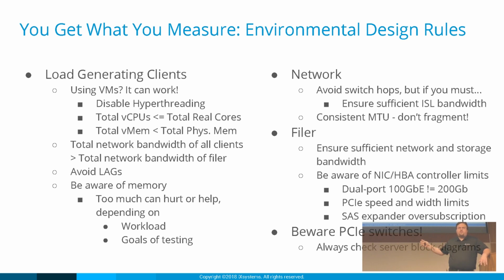And we're going to go into more of this. This is mostly for your reference. Some really big things, obviously consistent MTU. If you're going to use jumbo frames, make sure it's throughout your whole network and all your clients and switches, especially your virtual switches if you're in a virtual environment. You don't want fragmentation. And the other thing to keep in mind is, of course, there are a lot of limits in a system. And we're going to look at that next. But a dual port 100 gig NIC will not give you 200 gigabits per second, at least not right now. With next gen PCIe, it probably can. And also beware your PCIe switches and check your block diagrams for your servers. That's important.